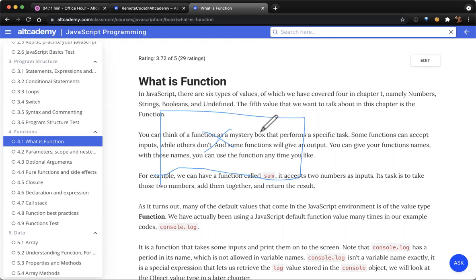So whatever machinery is inside, that's up to you. And you will have an input or multiple inputs depending on what you define as well. Then these inputs go into this box, you do something to it, and you get something out. So these are outputs.